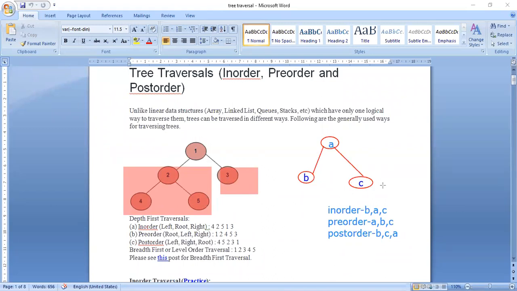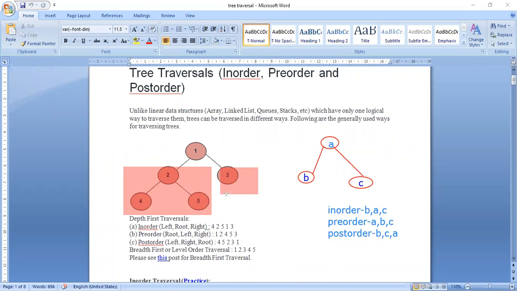how do I visit the nodes when traversing in-order, post-order or pre-order? First, consider the whole left part as the left subtree. Instead of the left child, I will consider the whole left subtree as the left child. Instead of the right child, I will consider the whole right part as the right subtree. So in one word, left subtree is left child, right subtree is right child. Okay, that is the thing.